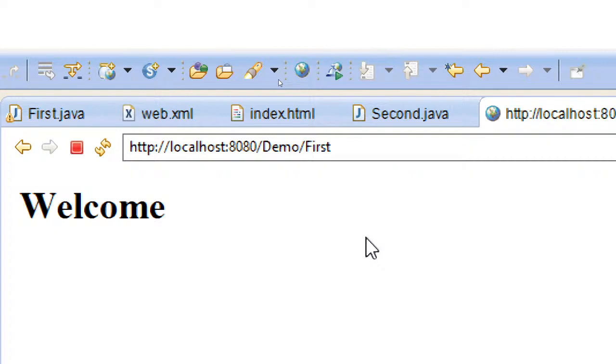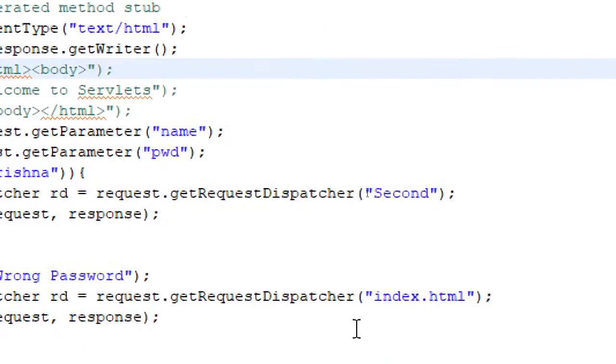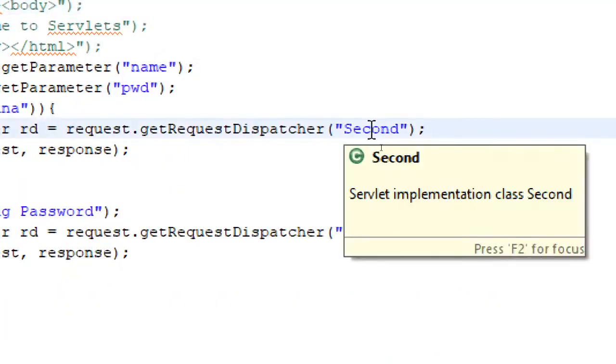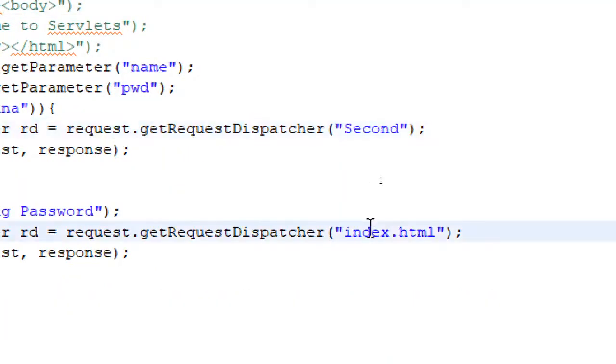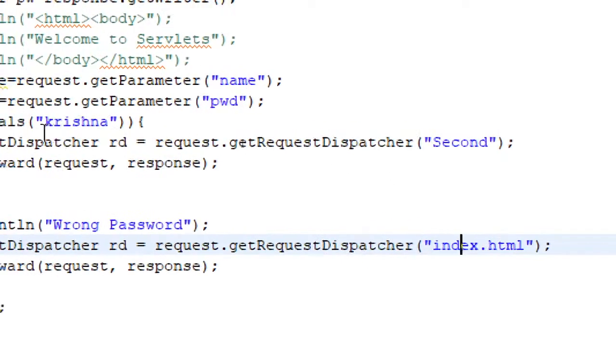This is how you are going to perform the request forward. How you forward the request is by using the request dispatcher interface. We use the request dispatcher interface to dispatch the request to other resources. That resource can be either an HTML file, or some image, or some JSP, or it can be another servlet. In this, I have shown you it is being forwarded to another servlet, or forwarded to another HTML. So this is how you can forward the request.